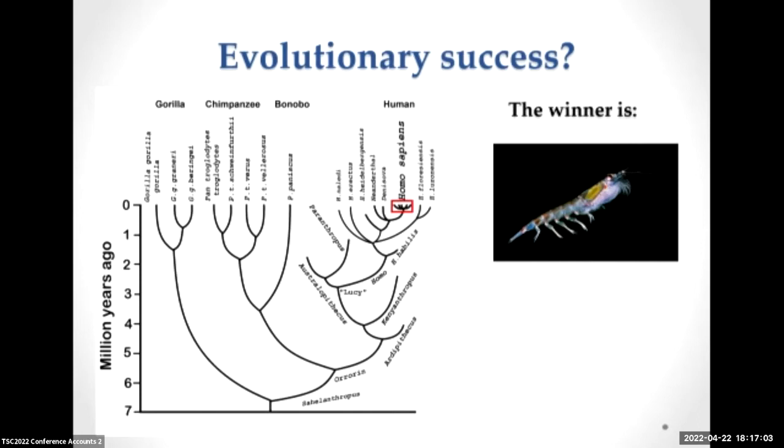And furthermore, if you look at our evolutionary tree on the left here, we see that going back just about 100,000 years, there were some 7, 8 different species or subspecies of humans, and all but one of these are now extinct. Presumably they had equal intelligence as we have, and in fact, the Neanderthals had larger brains than we do. And the same goes for our close relatives, the chimpanzee and the gorillas. They're not doing very great, biologically speaking, and some of these species are actually on the verge of extinction.